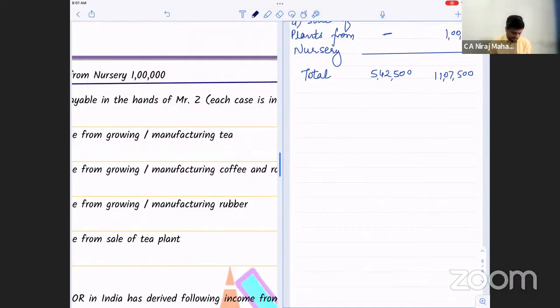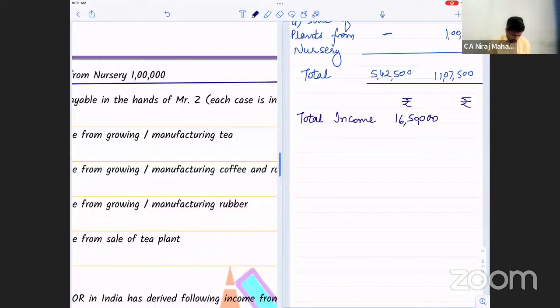So check, bacho, what I'm writing. Total income. I'm writing rupees. Inner column I'm writing, bacho. Give me total of this. It is 16 lakh. Correct? 16 lakh 50,000, is it? Correct, no? This is my total income.